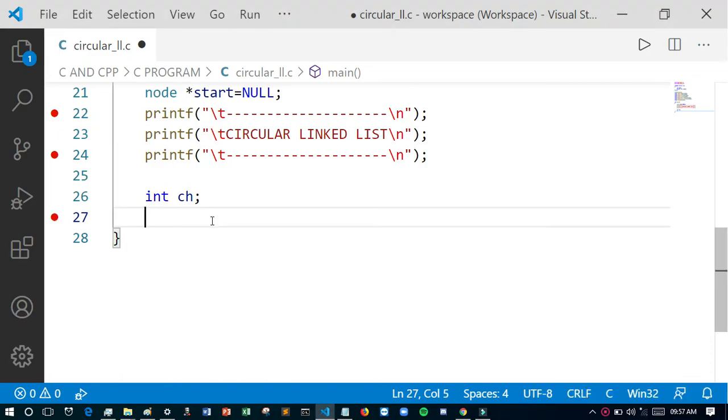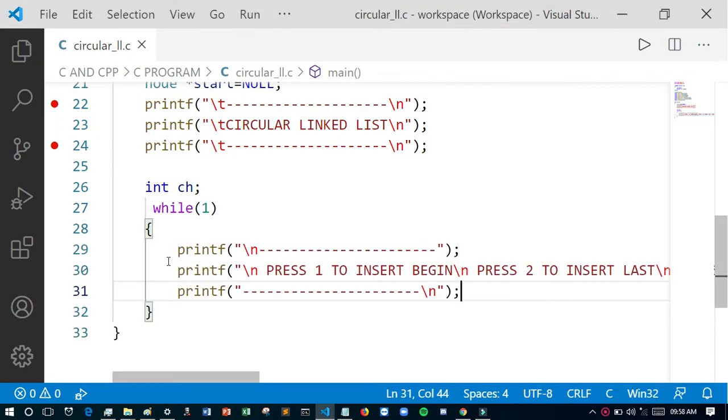Then we will run a while loop. As I said earlier, it will be menu driven, so for the menu driven program we have to continue a while loop, and the condition will be 1, meaning it is always true. When it becomes false, it will exit the program and stop the whole program.